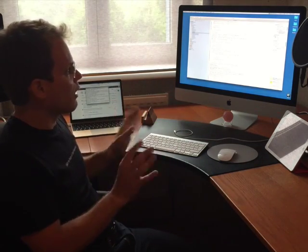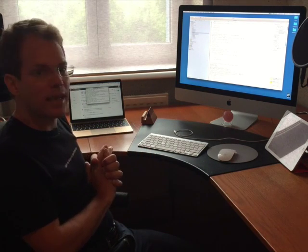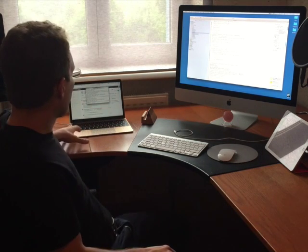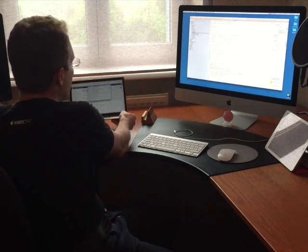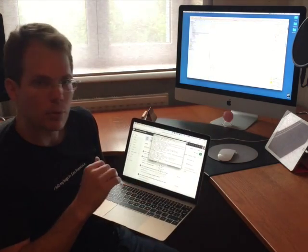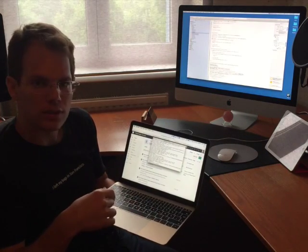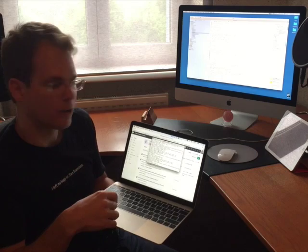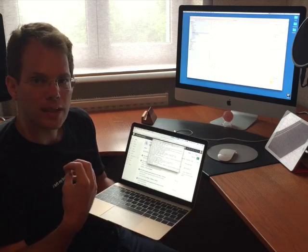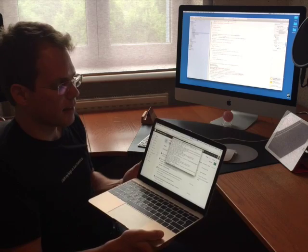But now I've got basically everything set up and configured and updated. And I must say it's really delightful having such crisp text, and I've already worked a bit on my MacBook Gold. While the keyboard needs some getting used to because of the very short travel, you don't notice at all that the trackpad is different after a while, and the crispness of the text makes it a pure joy to work with. So my verdict so far,